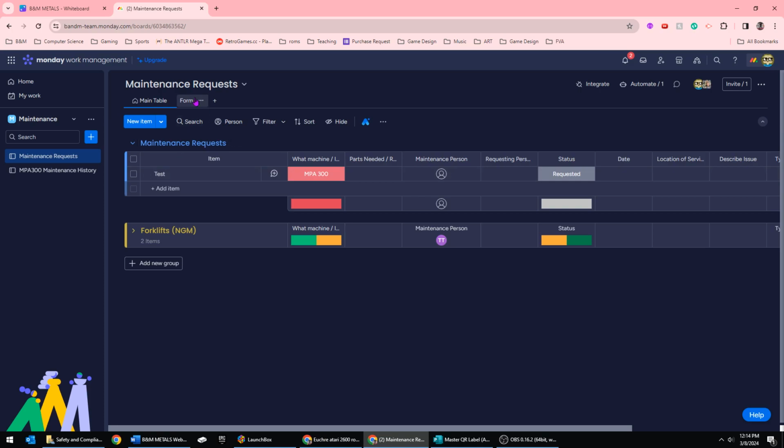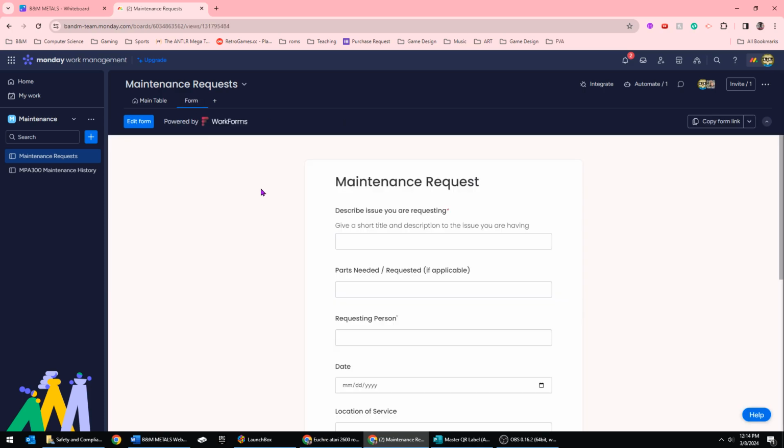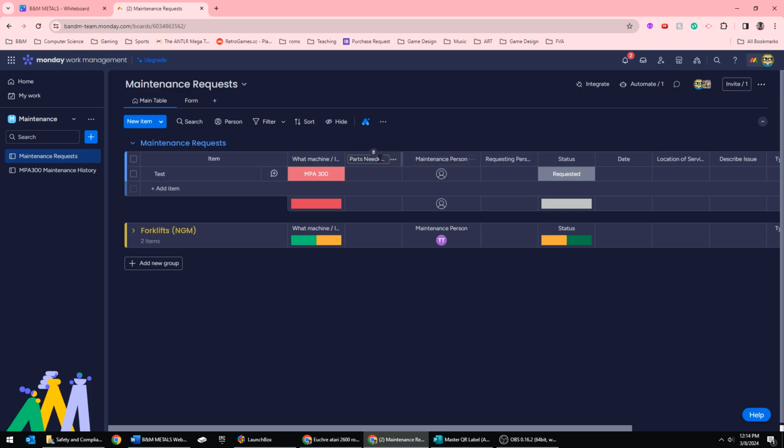So you'll go to form, and if you want to edit this form, that's fine. You can just hit edit form in the top left, and you can add questions to it. You can move questions around and things like that. Something to be mindful of is the Monday.com AI is going to attempt to make this main table match the form from left to right, top to